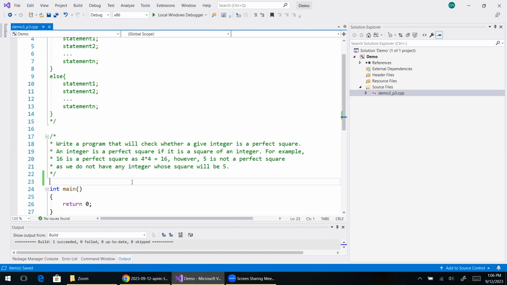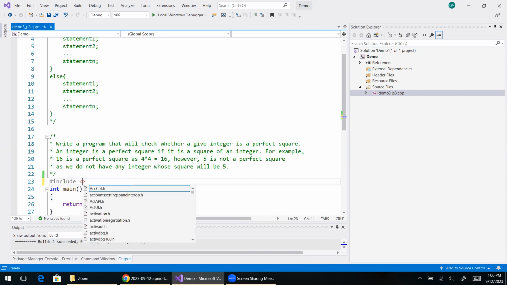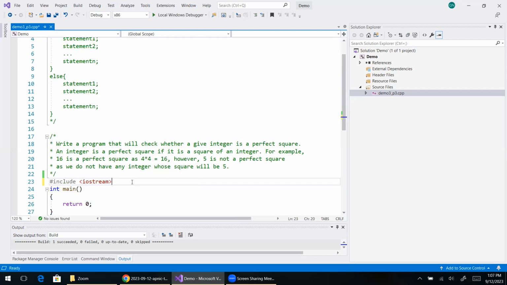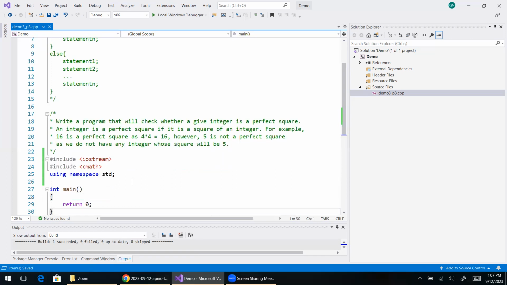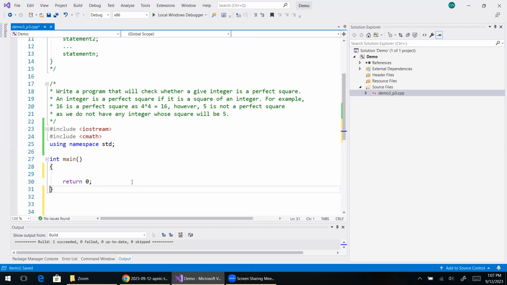So here, what we will do, we will use the math library. So for that, we will use cmath, and also we will use the iostream library, including iostream and cmath, and then we will use namespace std. So we'll use this thing, and here we'll ask the user for a number. The user will enter the number,